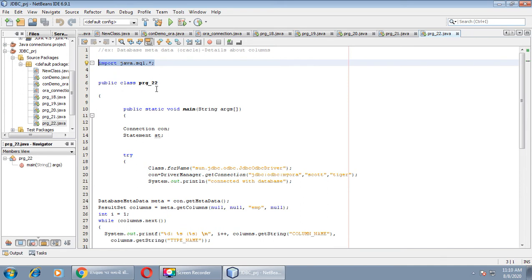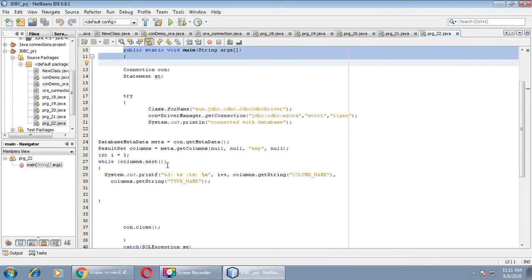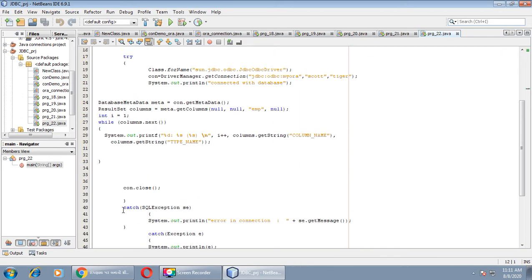Then inside the main public class, we'll create a main method, public static void main, and here I took two objects: one object of the Connection class and one object of the Statement class, st. Then the try block begins, and for this try block I have completed the catch block with an exception object e, and printed the message thrown by this object in case of error.